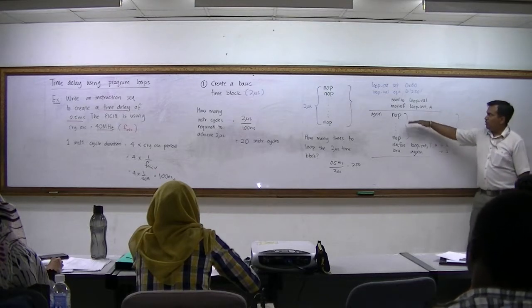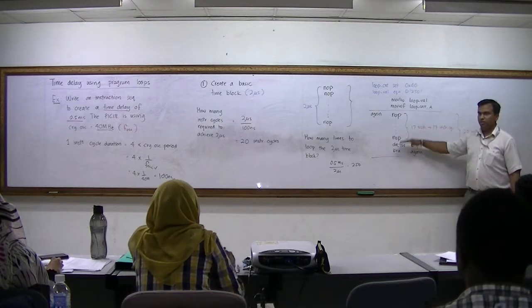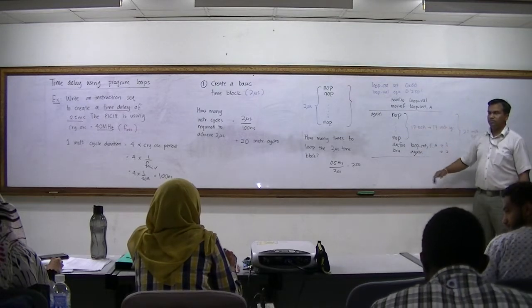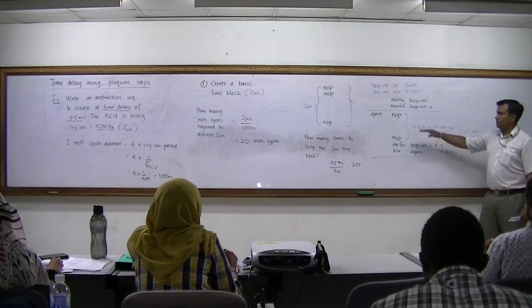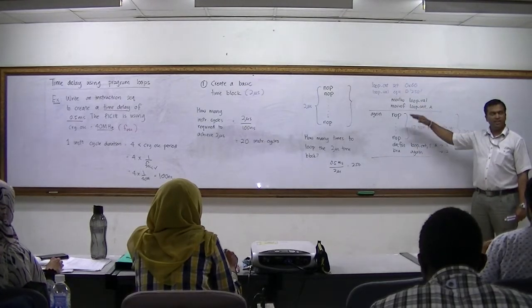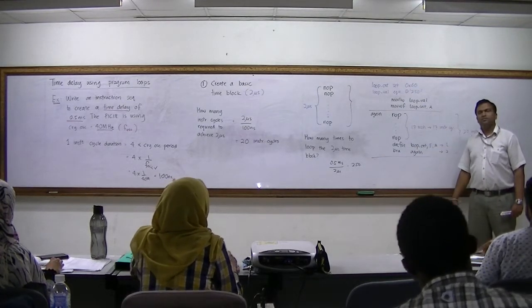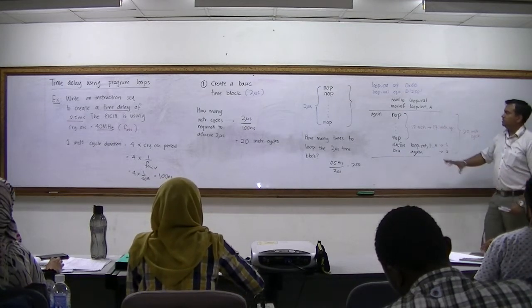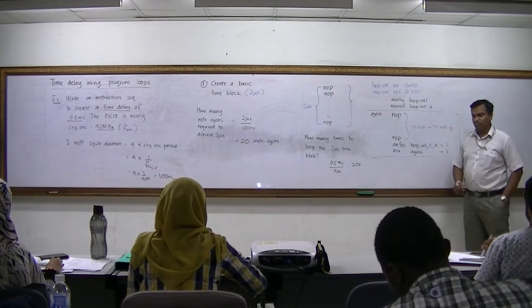250 times. One time through takes how many cycles? 20. So how long is this? 2 microseconds. If you do this 2 microseconds 250 times, you get 0.5 millisecond. So this is how